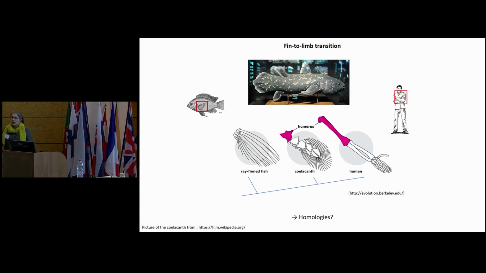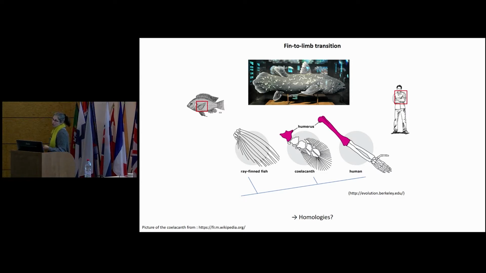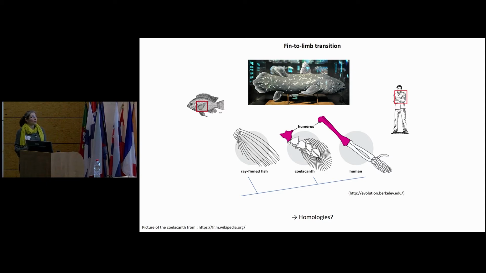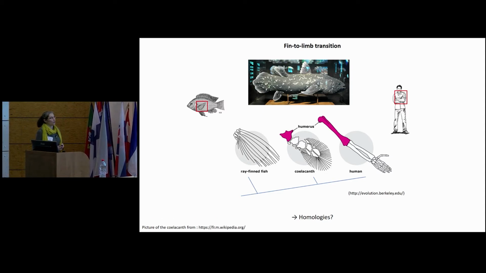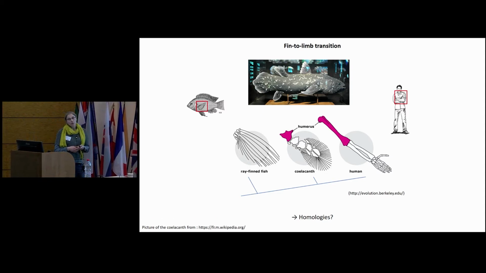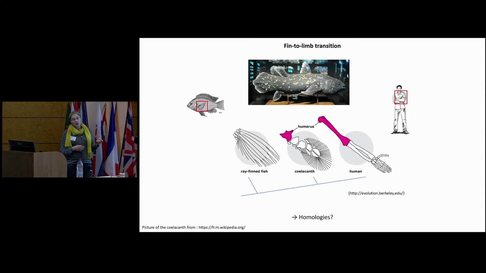So you could say, let's take an extant animal like the coelacanth or a lungfish, a dipnoid. That would be a good choice, probably, because they are lobefin fish. But first, if you check their appendage skeleton, they have a cartilaginous skeleton. That means they do not mineralize at all, so they are not a good model for those reasons.